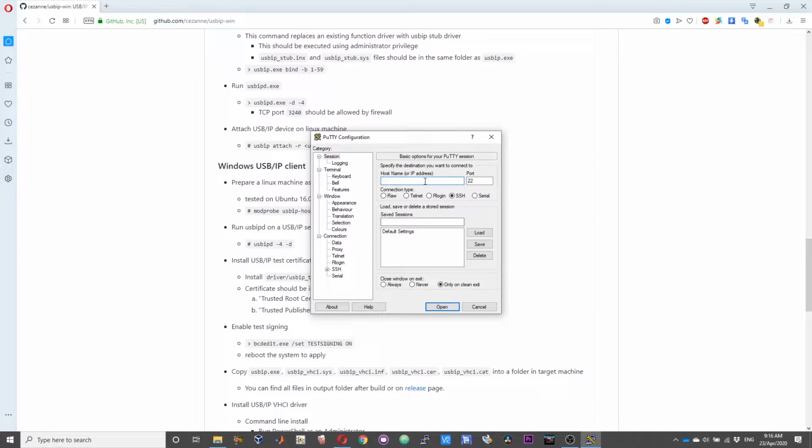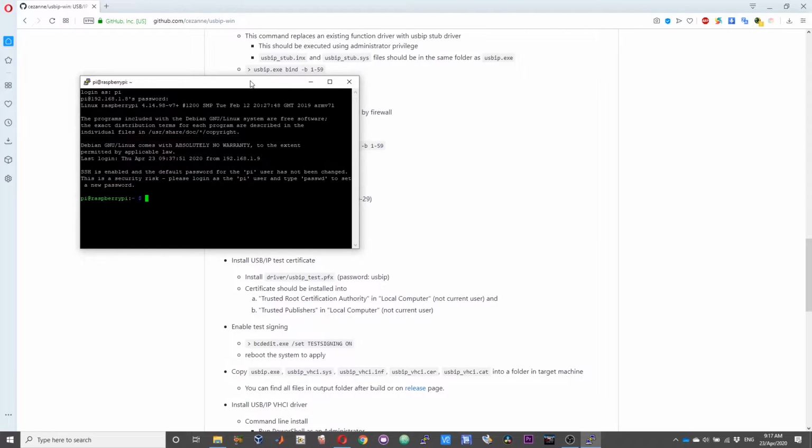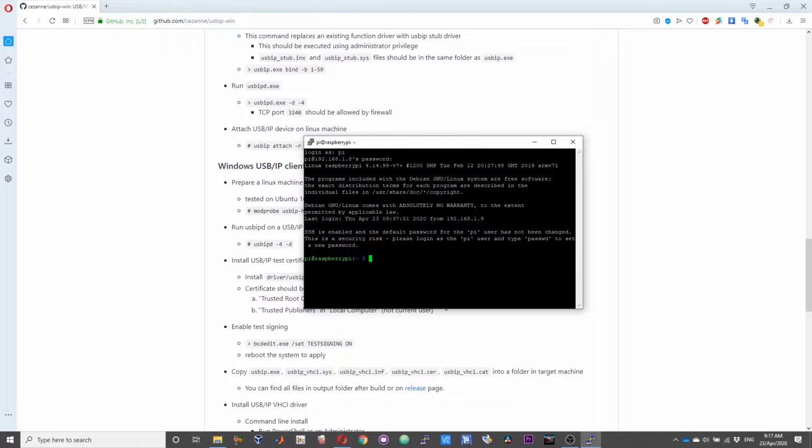I have already set up my Raspberry Pi. I can access it over SSH, and here the first step is to install USB IP.